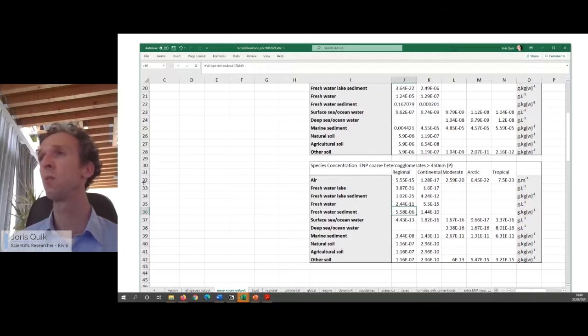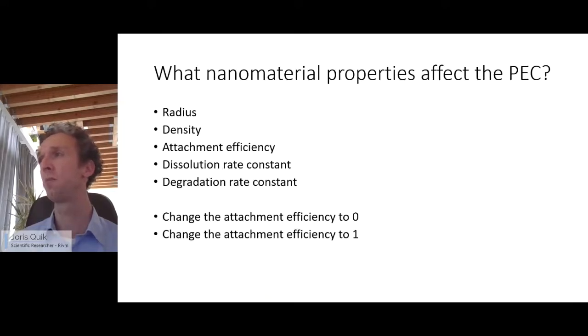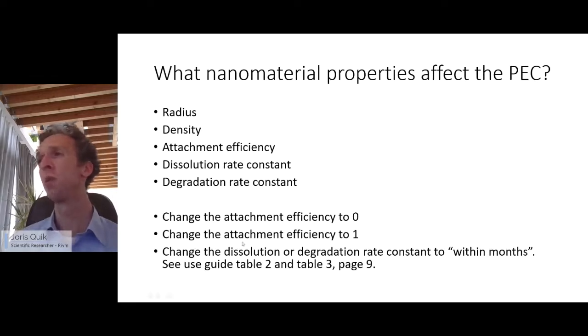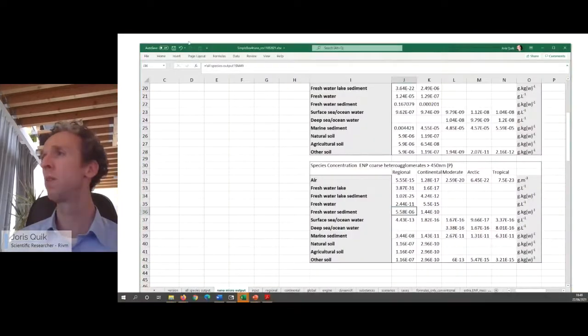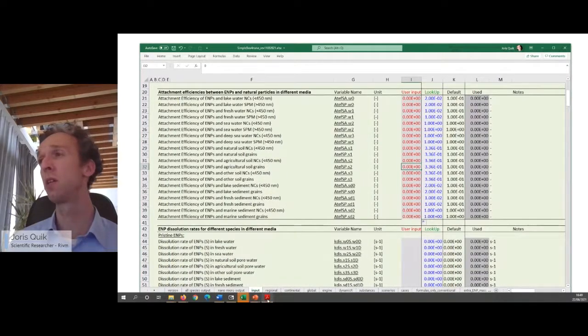One of the questions I wanted to ask is if you can change it to 1. Also, if you downloaded the model, there's a user guide which explains some of these parameters. For example, it might be interesting to change the dissolution rate, because for now, for titanium dioxide, it's set at 0. And you should be very wary in how you change this. But for example, if you look in the user guide,